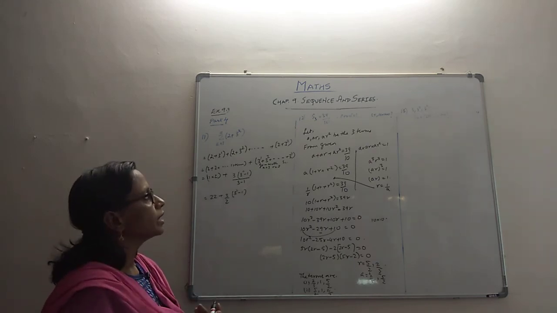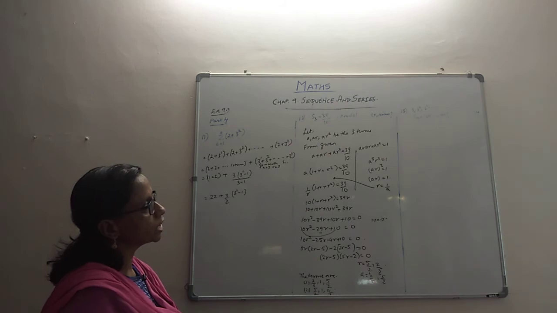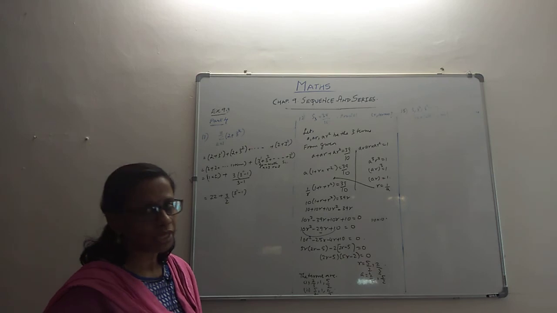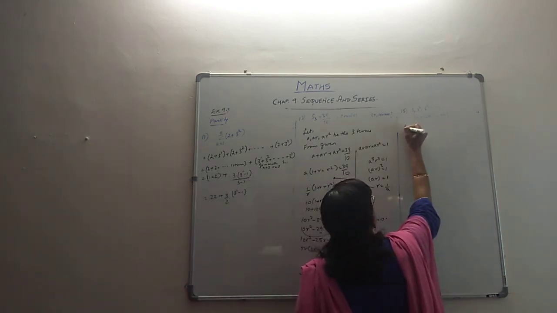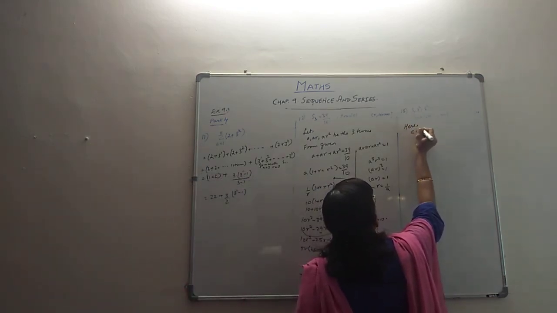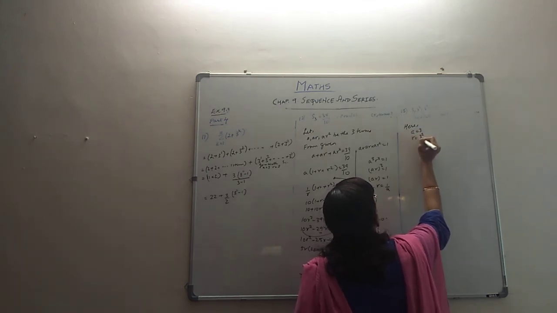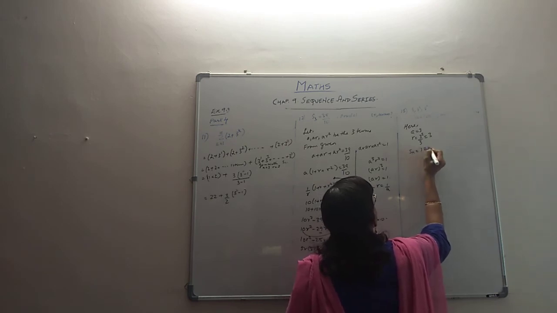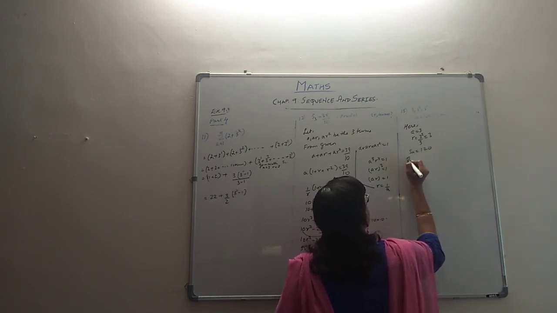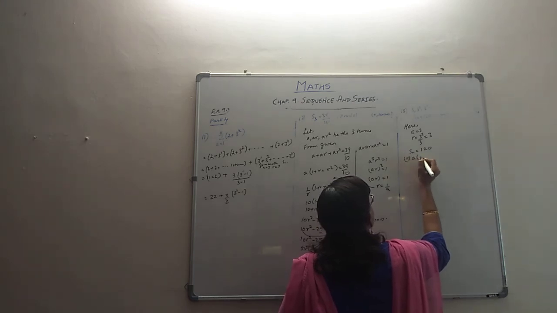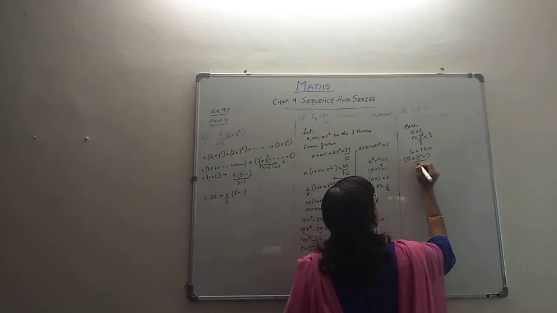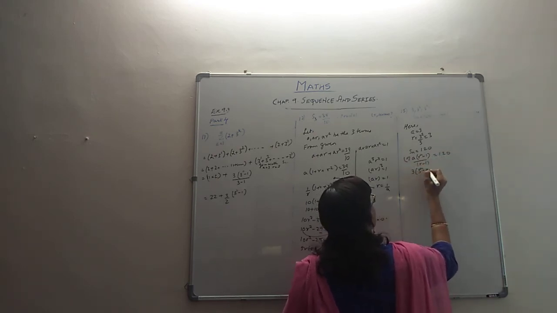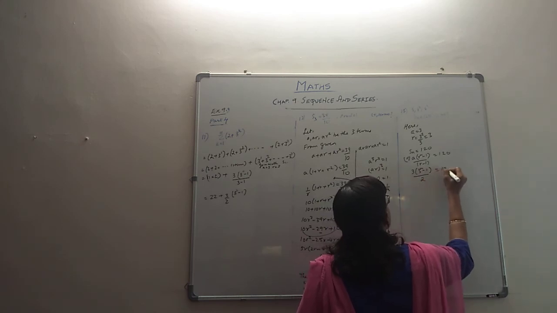That's about it. Then we come to the 13th problem where they give us a GP 3, 3 squared and 3 cube and so on. They tell us that the sum is 120. You have to find the value of n. Quite manageable. So let's see now what is there here. A is 3 and R is 3 squared by 3, which is 3, and Sn is 120. Sn means it's A into R raised to n minus 1 by R minus 1. We can use that formula over here. So what will come? It is 3 times 3 raised to n minus 1 by 3 minus 1, which is 2.